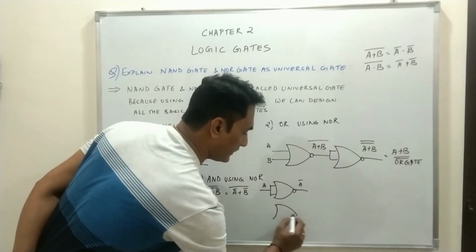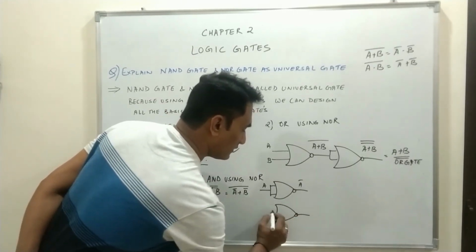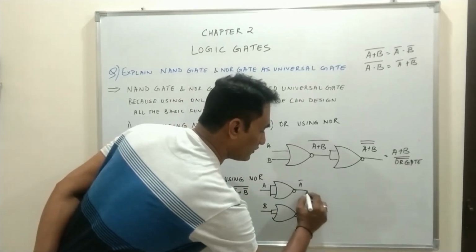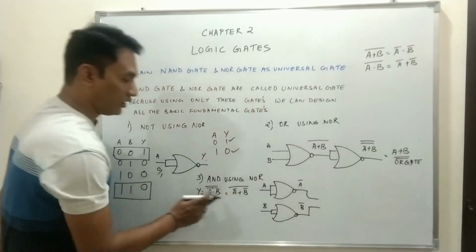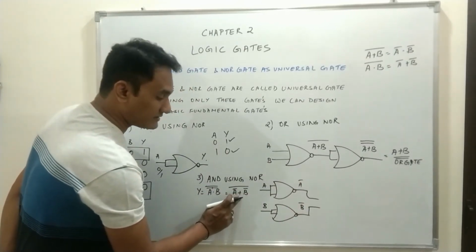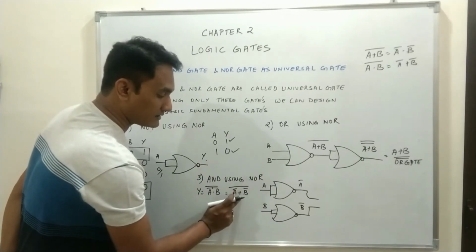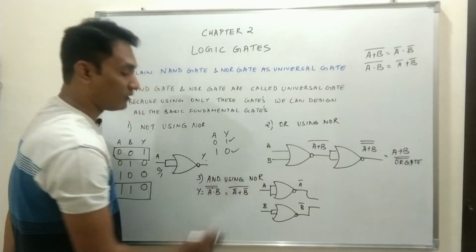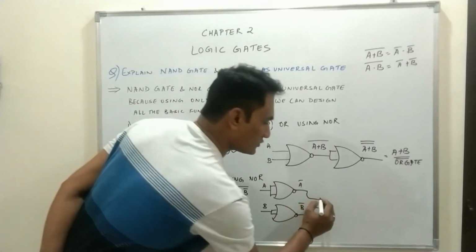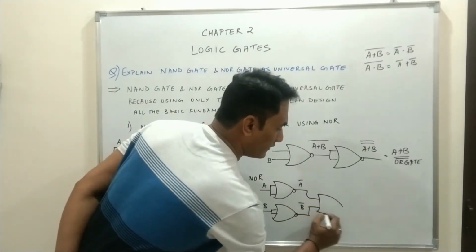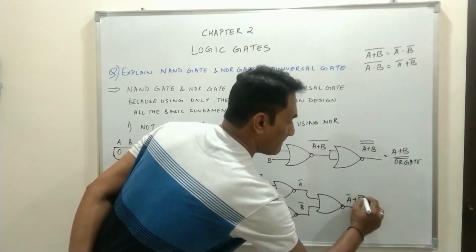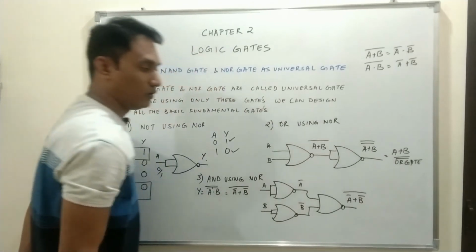Similarly, one more NOR gate you take, connect the two inputs, if this is B, this is B bar. So for the equation which we want, we got the two variables, and how are these two variables connected? Plus sign, again a complement over it. Plus sign indicates OR operation, and complement of OR indicates NOR operation. So you have to draw a NOR gate. So this will be A bar plus B bar whole bar.